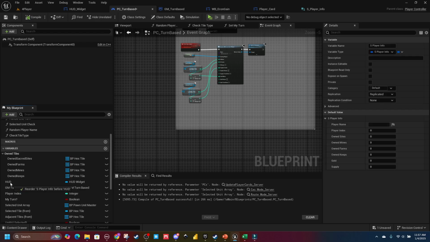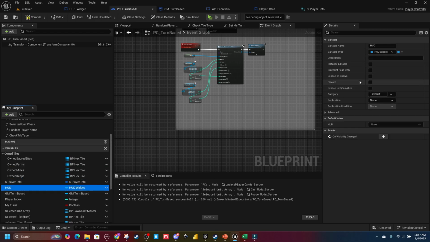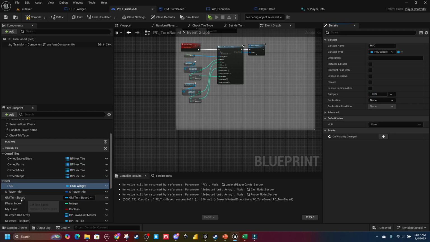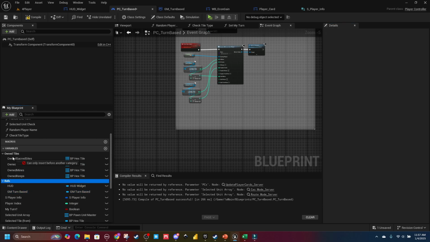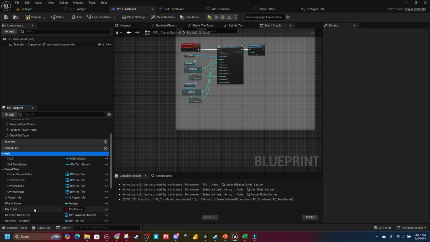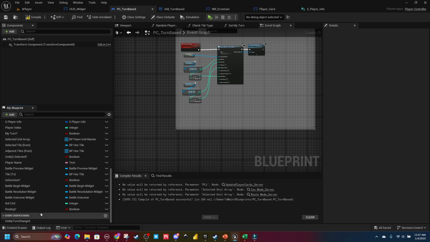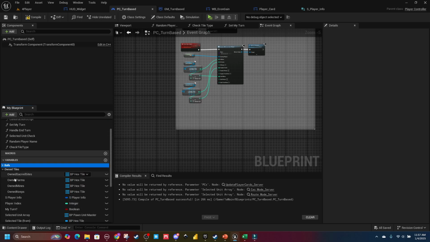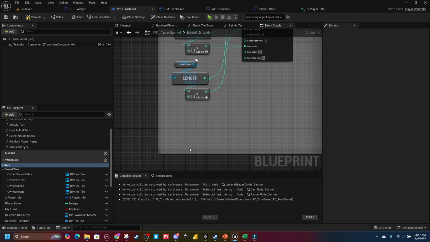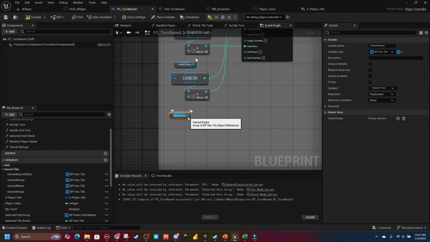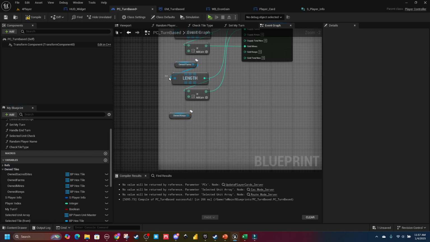I want this player info up at the top. I'm actually gonna make another category too. I'm gonna call these refs or references. So we've got like our HUD reference, game mode reference, and move this up above too. Yeah, all this is fine. Okay, I'll close that. So we're gonna have to fill this in too, but let's get this, and then similarly